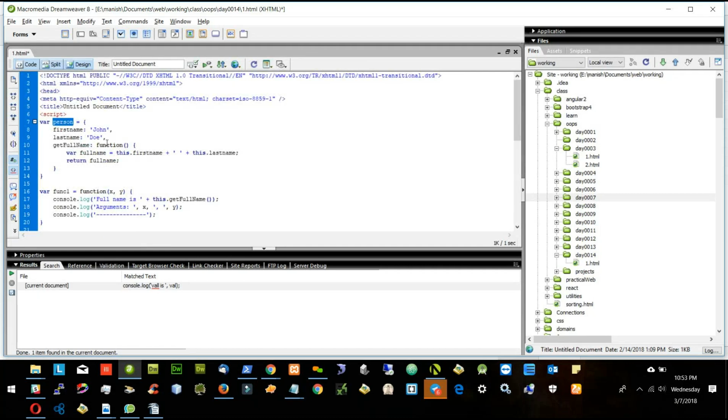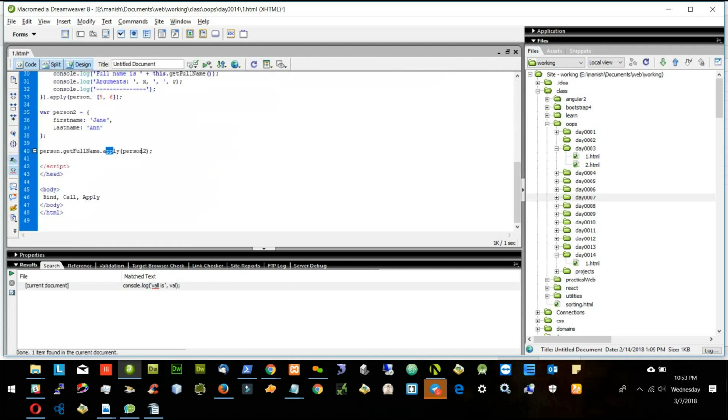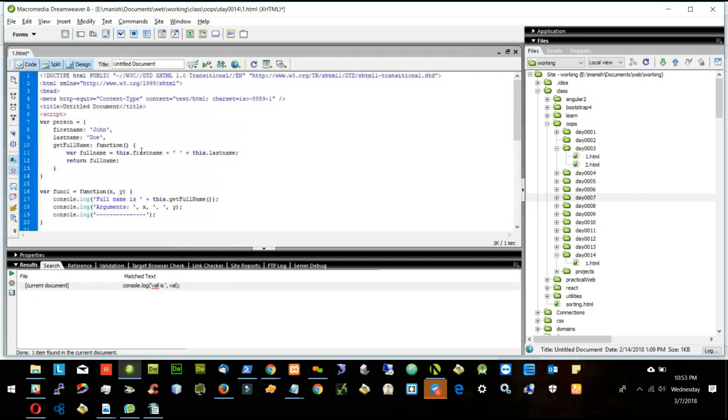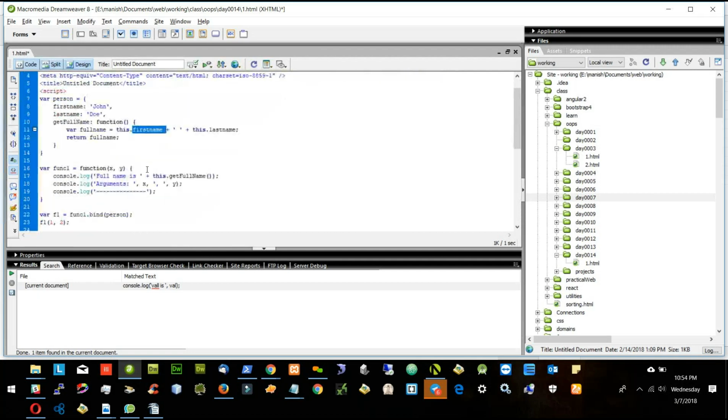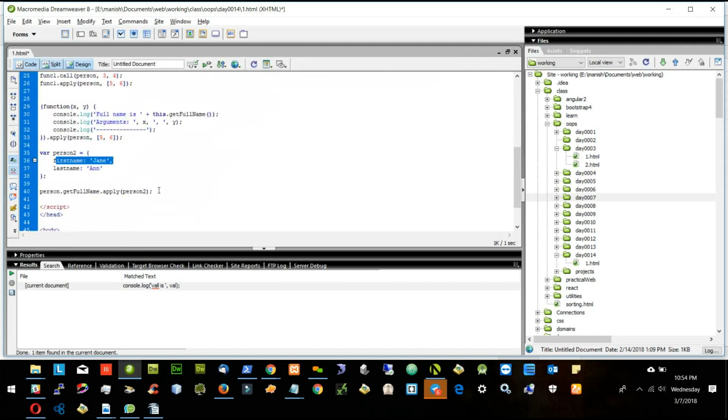So the default is this.firstName is this one, but since we are applying it with another object, the first name which will be called in this place will not be this one, it will be this one. So now if I run this one,